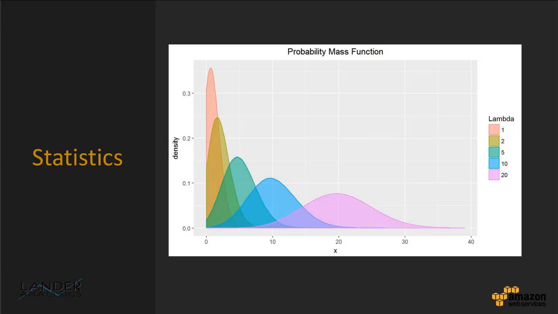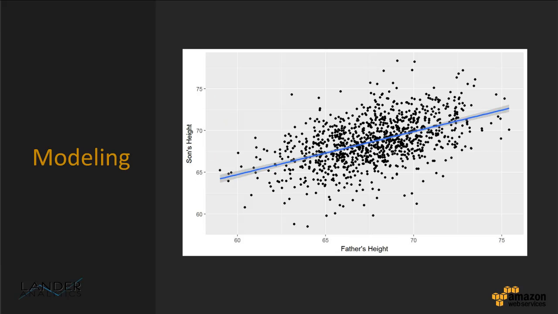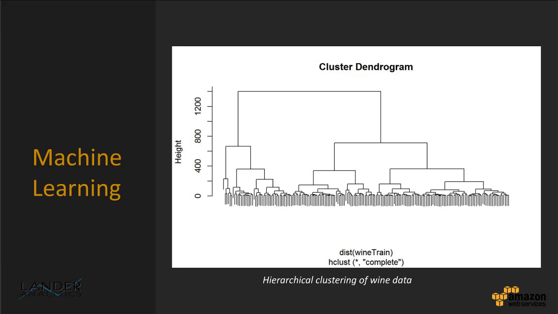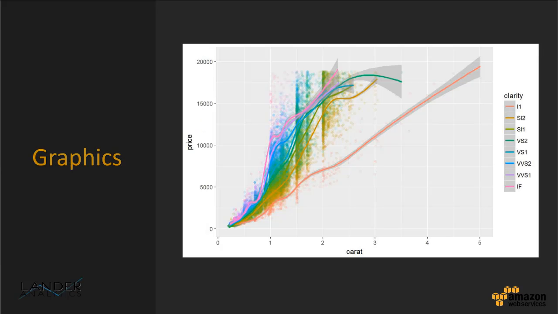It's very powerful for statistics. You can do your traditional statistics that you learned in your college stats class. But of course, for advanced modeling, whether that's a linear model, logistic model, Poisson regression, and of course machine learning, however you like to define that, if that's highly penalized regression, if it's decision trees, if it's clustering, it's great for machine learning. And of course, it's graphics. R has long been well known for its graphic capability.